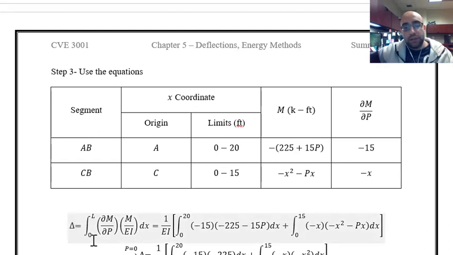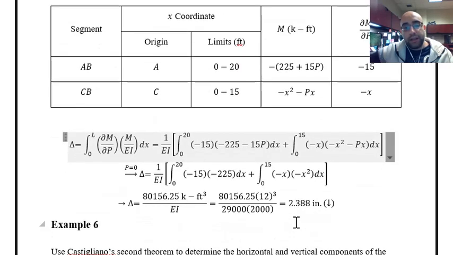This is the equation. I can just put the terms that I found in my table over here, and then at the very end, when I'm performing the integration, I can include the value of P and then find the final value as the result of calculations as this value. The remaining step is just including the value of EI. After including that, you can see I found delta as